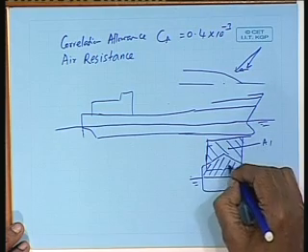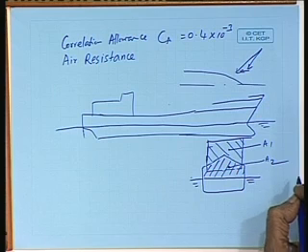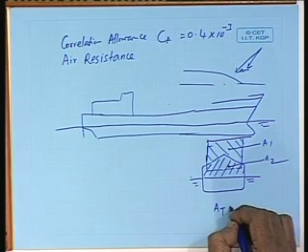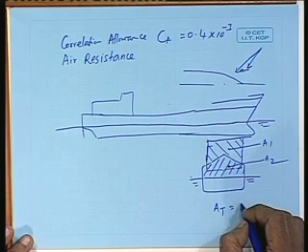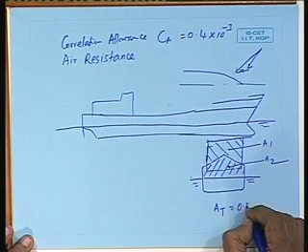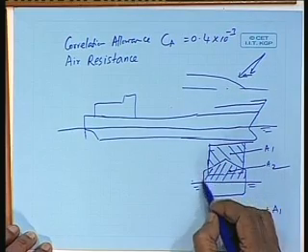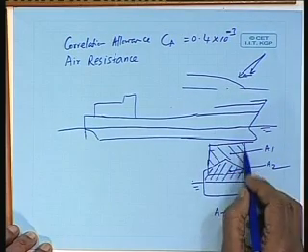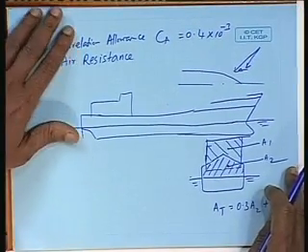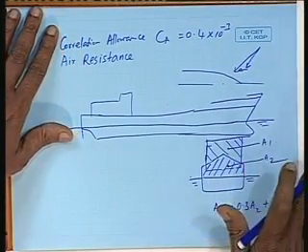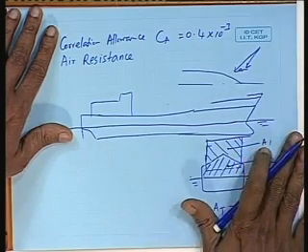So, if I call this A1 and this as A2, then the resultant transverse area can be written as 0.3 A2 plus A1, that is 0.3 times this area plus this area. So, this is the total transverse area used for calculation of air resistance. I am not saying this is a scientific method, I am saying this is the transverse area used for calculation